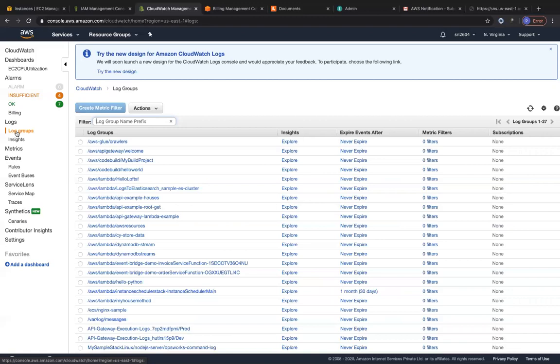Lambda function logs are automatically being generated. So you can see the /aws/lambda. As long as the Lambda service has permissions to send out logs to CloudWatch, you'll automatically have this created. And if you're working with the CodeBuild service, wherein you're just building your code, whether it's a Java application or a Python application, you can look at all of your build log output over here.